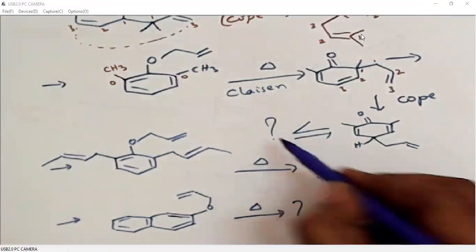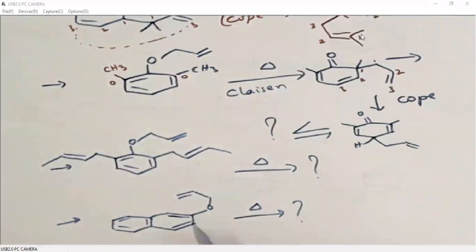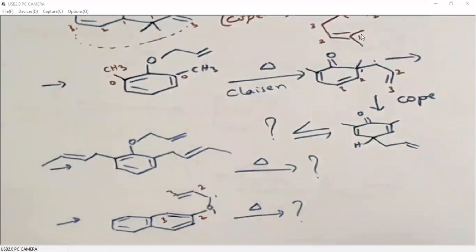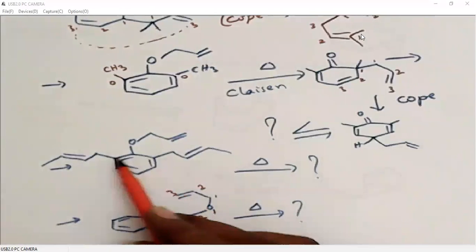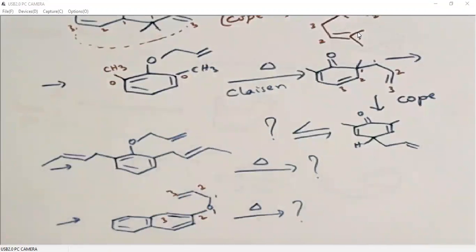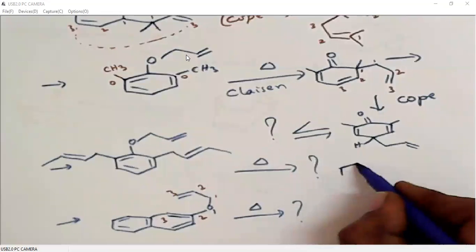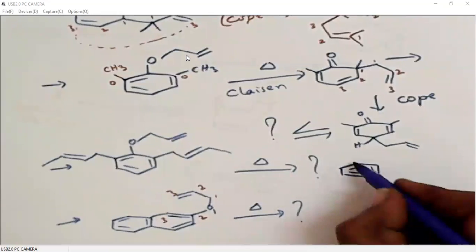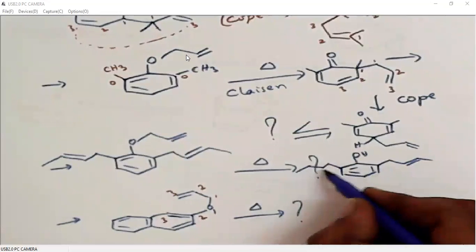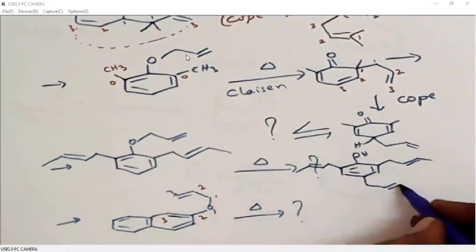Right. Quickly, I'll give the products also. Here, of course, it is a straightforward thing. 1, 2, 3, 1, 2, 3. So you can write the product. There is no problem here. But here, you see, because both ortho positions are already occupied, the product will be a para, right? In this case, what we will try to write is OH, and of course this side also, and this is the para product.